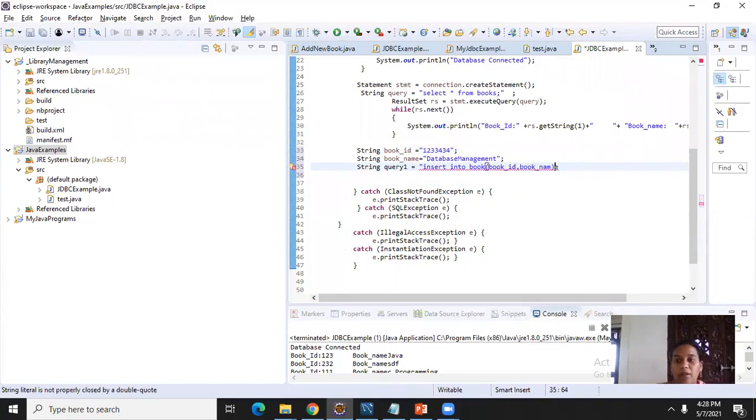Values: the book ID value, sorry, this field I need to add here, and plus book name.